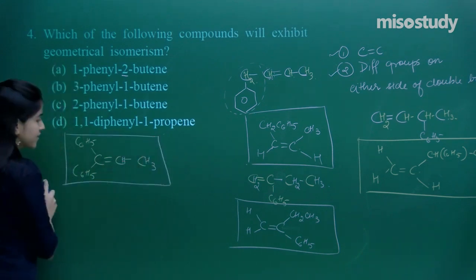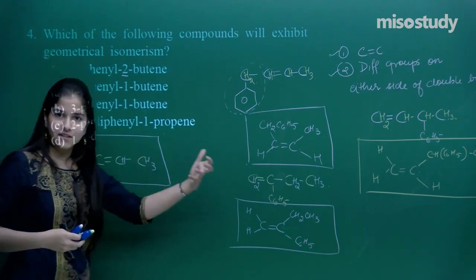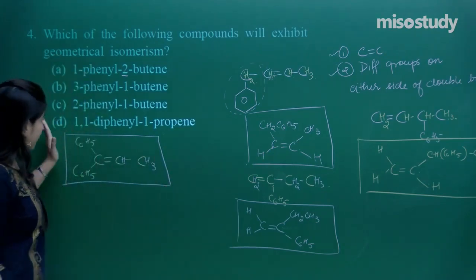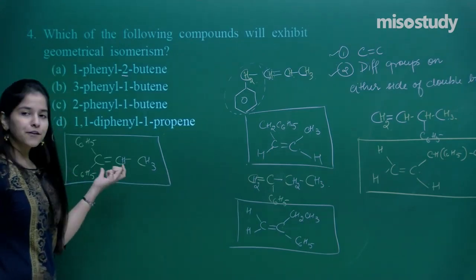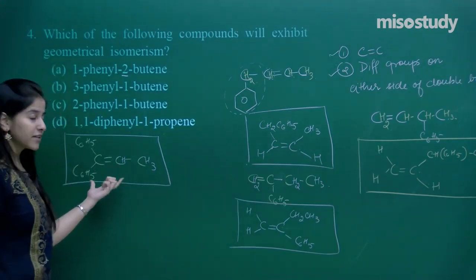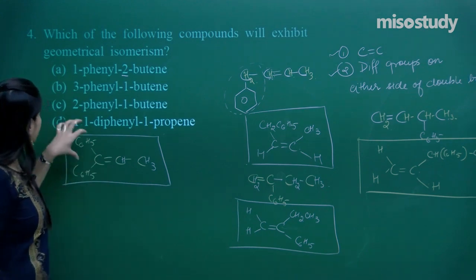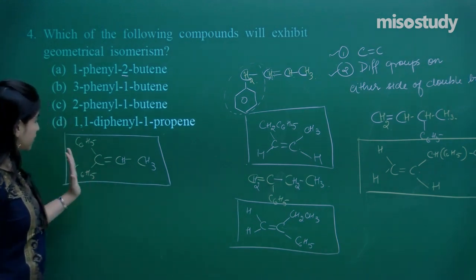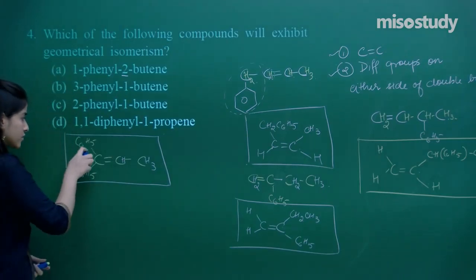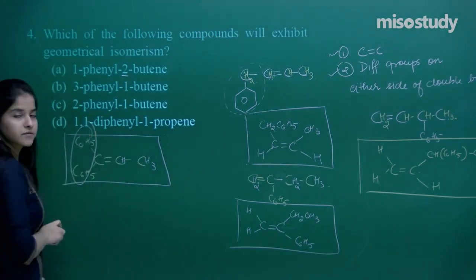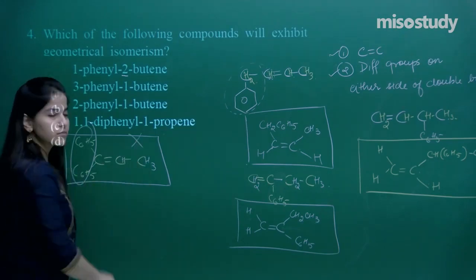That is the last one. So let us just quickly observe the options now. So we have got the structures here. Definitely it fulfills condition number 1, having a double bond, but the different types of groups that we have. Do we have different types of groups on either side of the double bond? No. Here these are too similar. That means this is not the possibility.